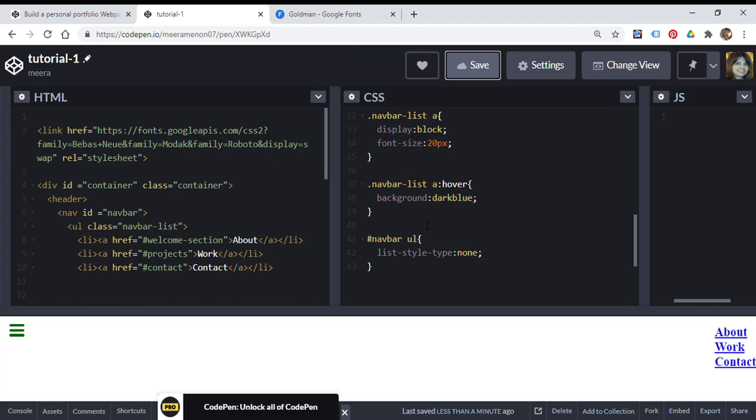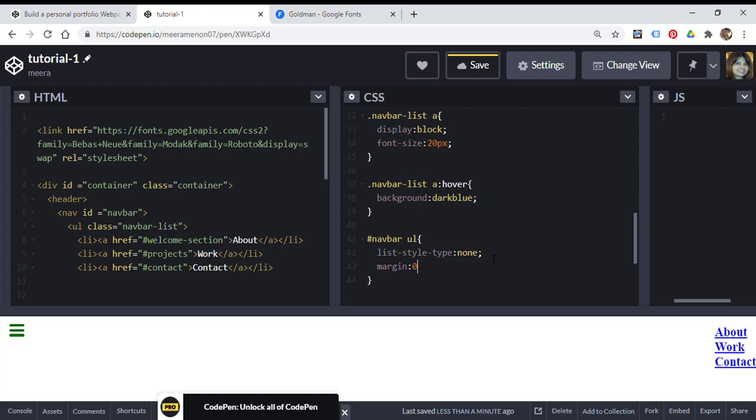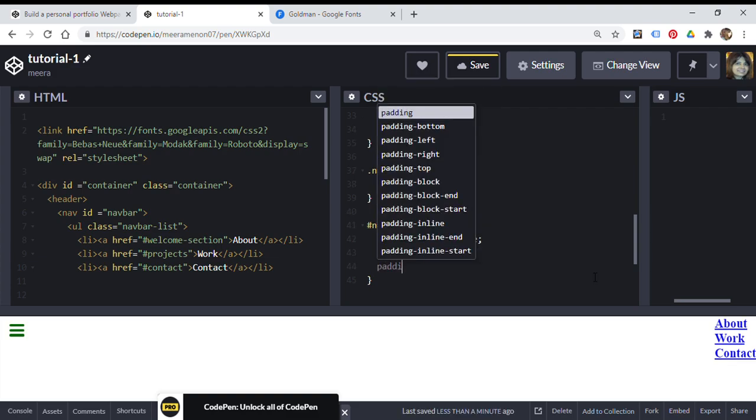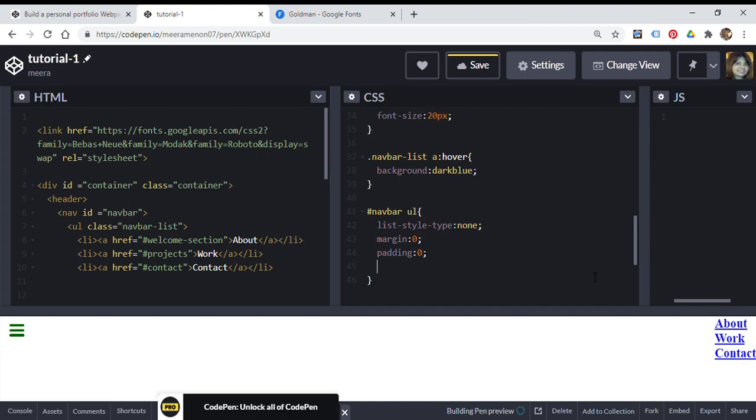Okay. Now I need to do the margins and the paddings. I don't want any margin, up to you. I don't want any padding, up to you again. Then I do my overflow hidden. Why do I do it here?